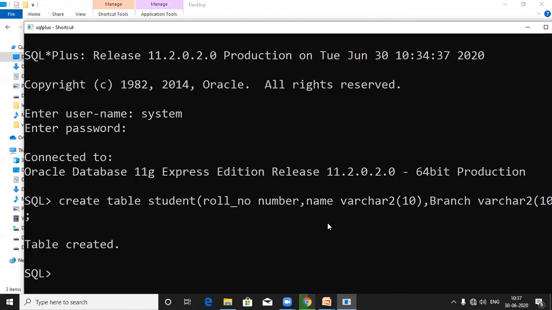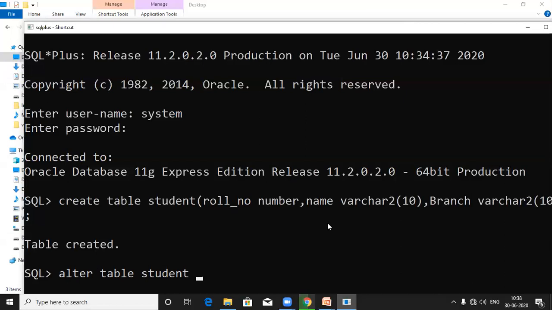Alter the table means modification of the table. Suppose I want to change the size of the branch column. The current size of the branch column is 10, but I want to change it to 15. So we use here alter table, table name student.